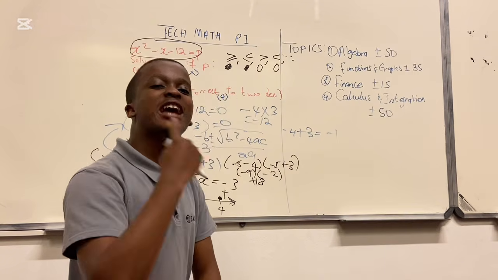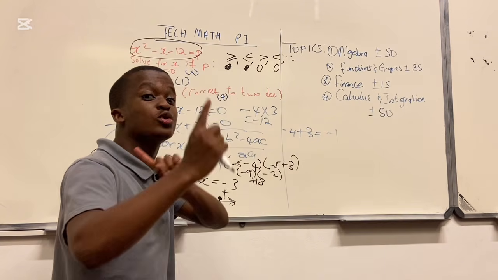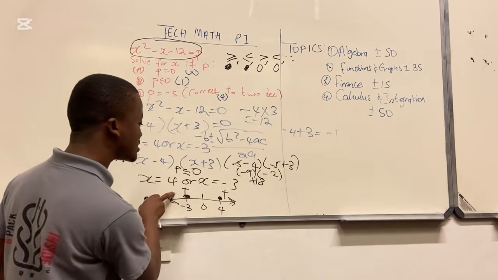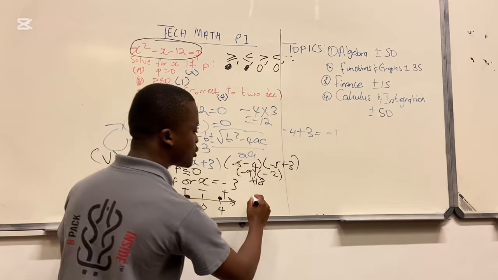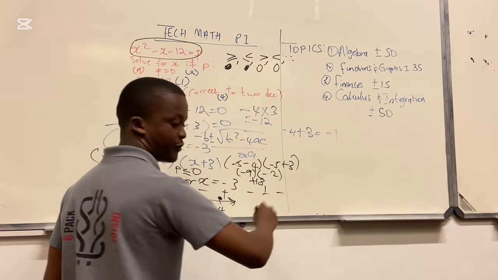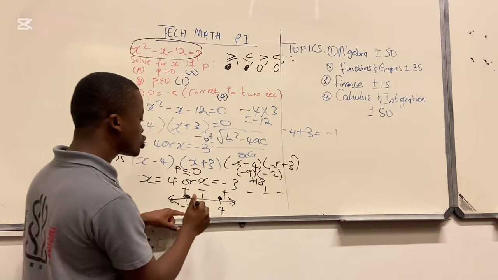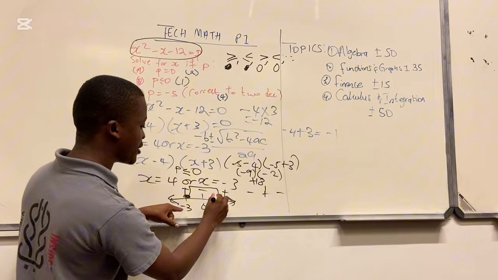That's why I said you just use one side. You don't have to use both sides. If you got positive, this side will be positive, then your negative is in the middle. If it was negative, you would have negative, positive. Now we go to the negative in the middle, now we have negative in the middle.